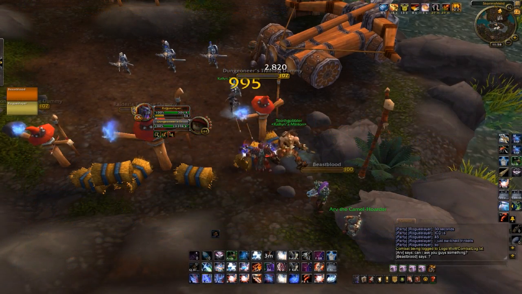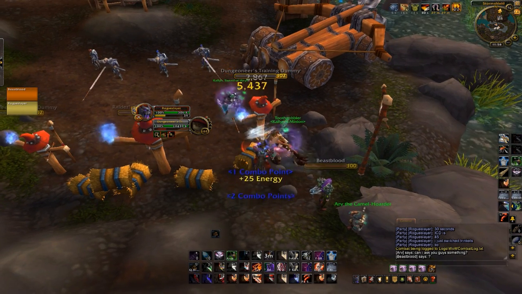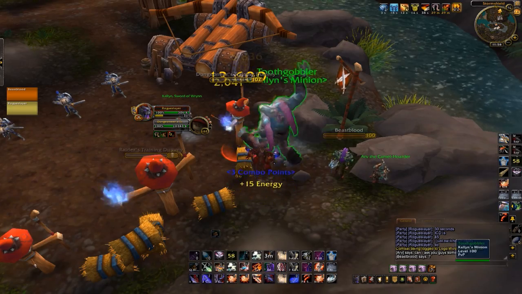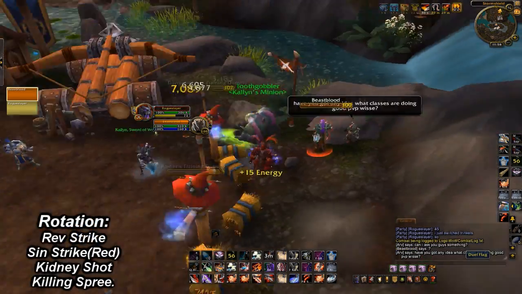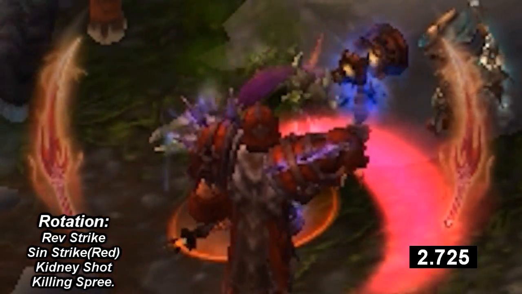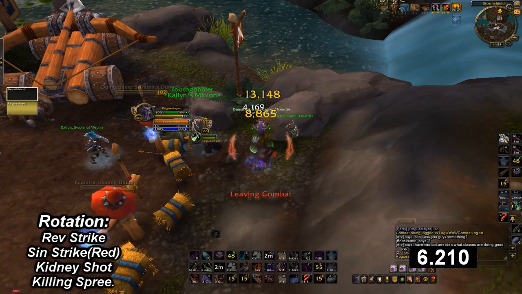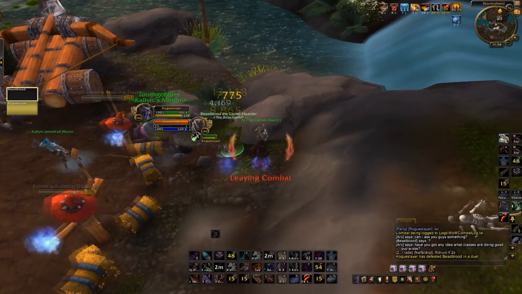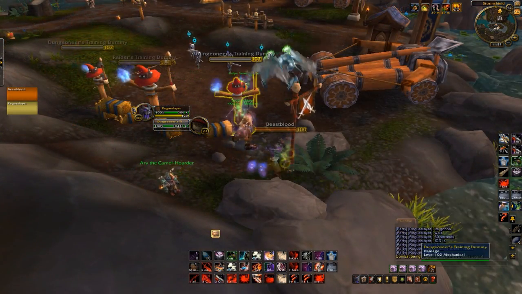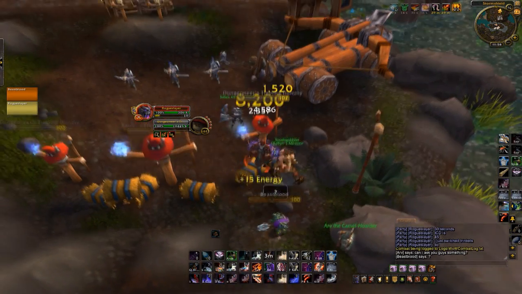So here I go onto the Druid with my last Sinister Strike putting me into Deep Insight. I then Kidney Shot and Killing Spree on him. Let's go ahead and time how fast this burst is to compare it to the last one, which was 9 seconds. 6.21 seconds probably makes combat the biggest bursting spec for rogues,